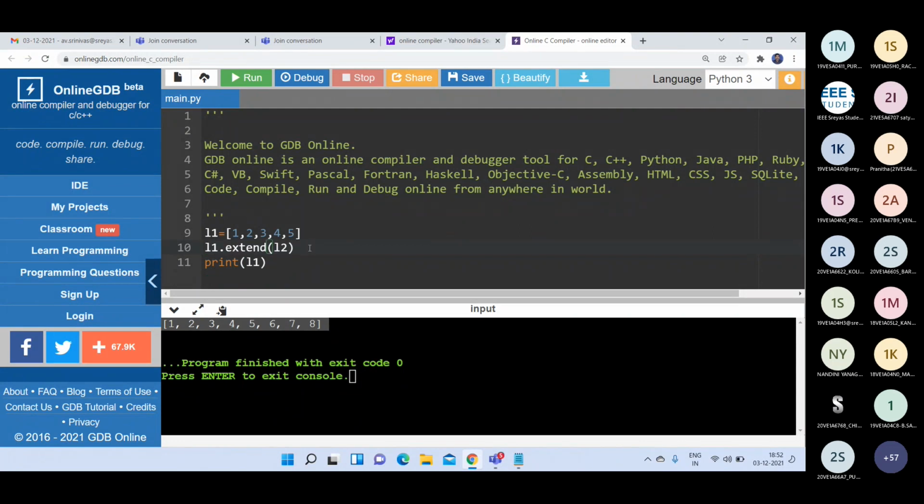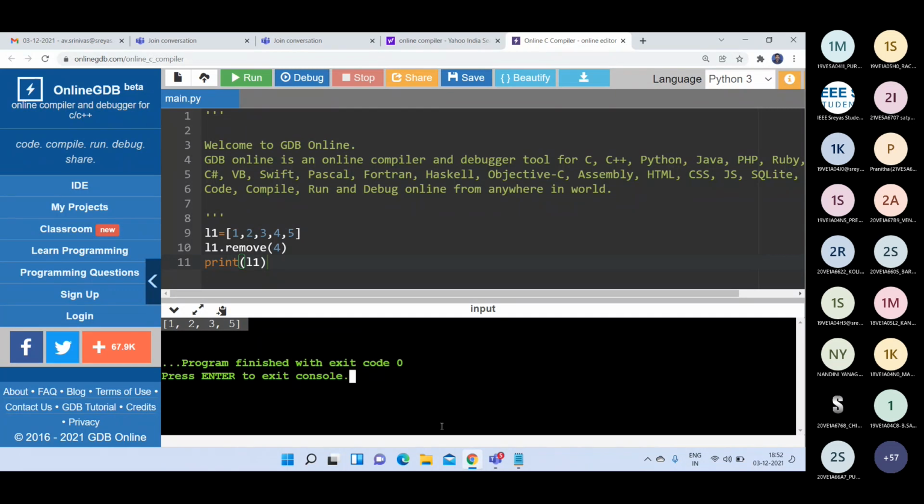If I write the remove function like this, L1 dot remove of 4, the element 4 is deleted. So now the list becomes only 1, 2, 3, 5. See here, 1, 2, 3, 5. If you want to delete a specific element from the list, you can go for this remove method.